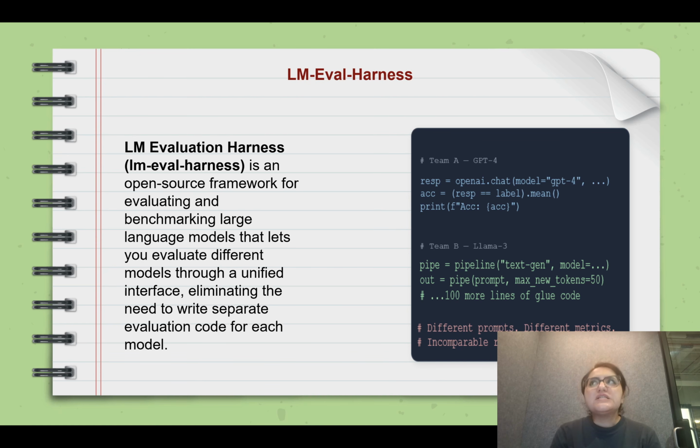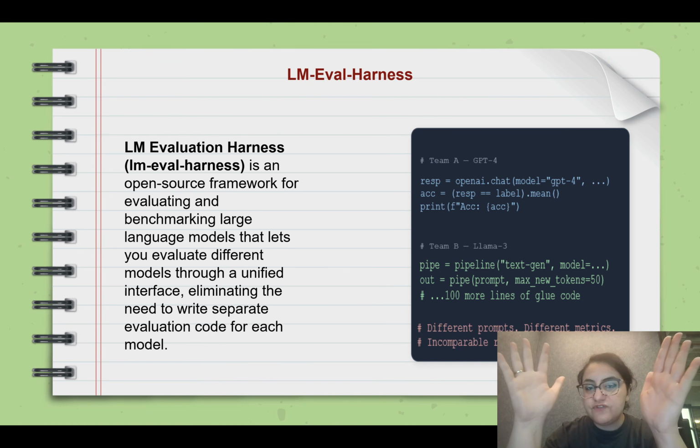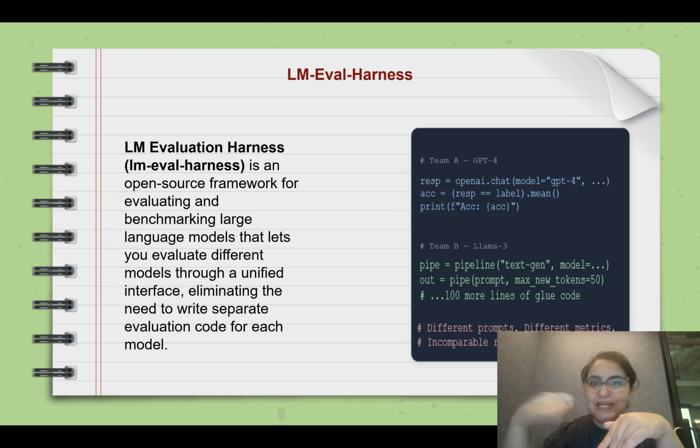So first of all, we should know what is lm-eval-harness. lm-eval-harness is an open source framework for evaluating and benchmarking large language models. It lets you evaluate different models through a unified interface. Basically, lm-eval-harness helps you get rid of writing a separate script for each model. So you can have a unified interface and run any model you want without writing new code